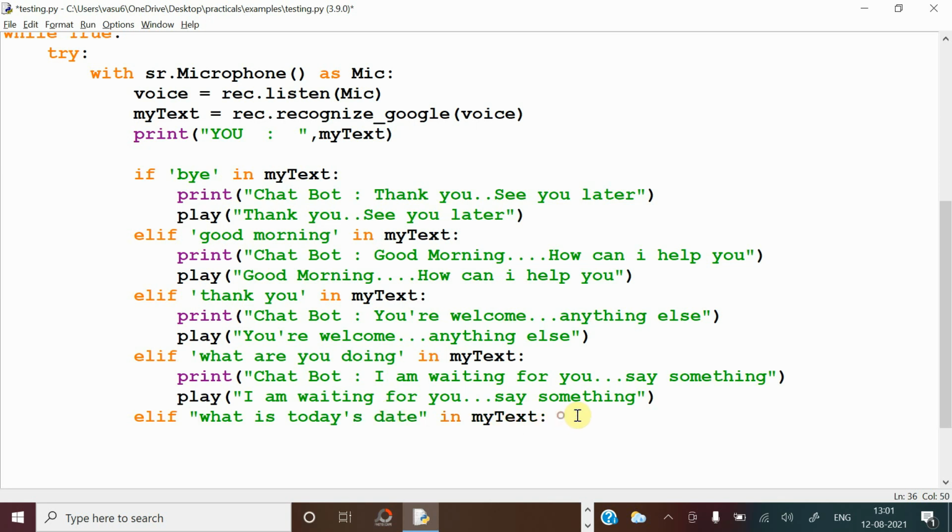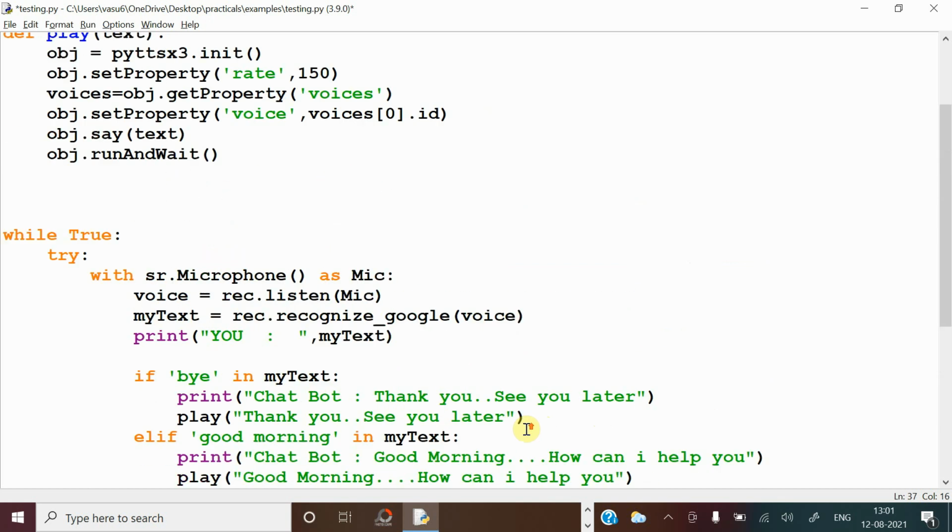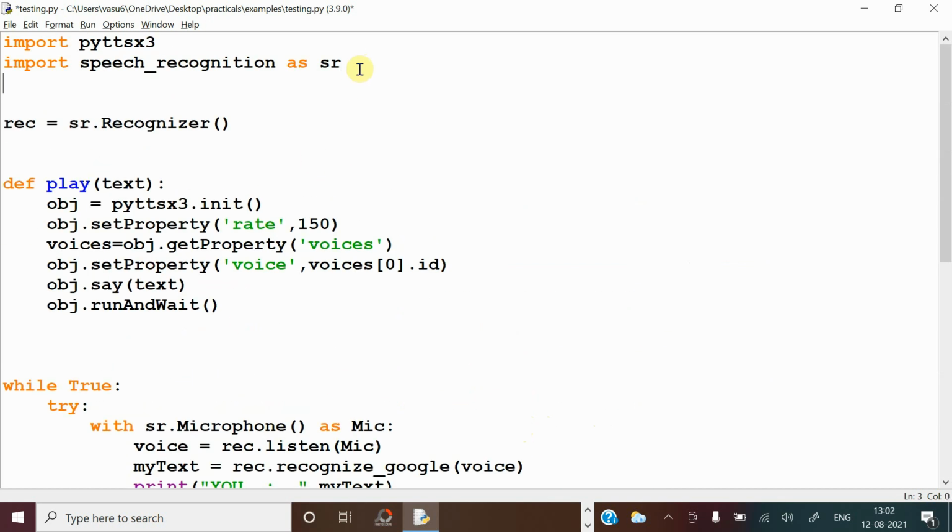So I kept like that. So today's date is there. So then what you have to do is you have to get the date. For this you have to import one module. The module name is datetime. So from the datetime module import